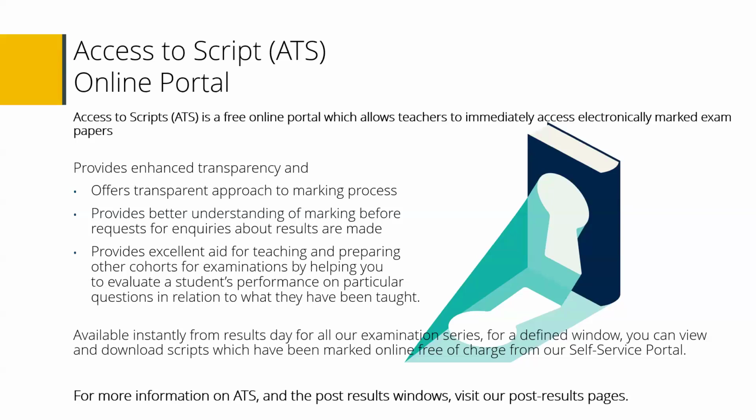It's worth always, even if you don't download the whole class, depending on how many students, downloading some of the students who've got the really high grades, middle or low grades that year, and having a look at the exemplar, looking at their work. You won't have any comments from the examiners on that or any ticks or crosses. You'll just have the allocation, similar to what we've done in our tasks today. You can use that for yourselves, but you can also use that with your students. You can get your students to do a similar task to what we've done here. And then that discussion with you and the students could help them understand what type of working they need to show.